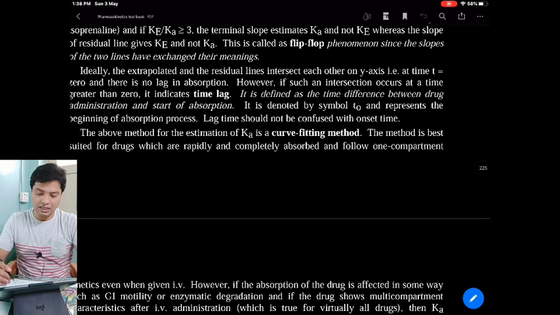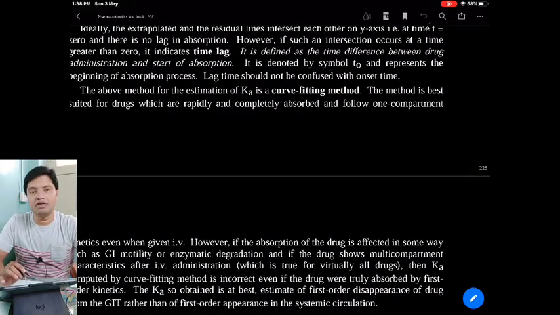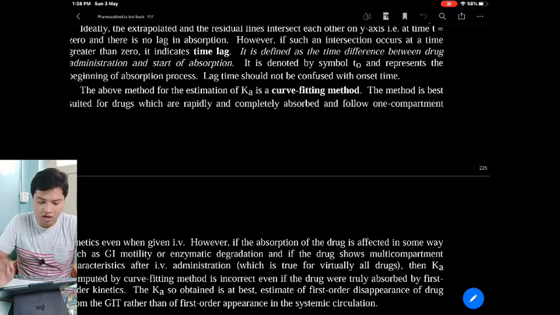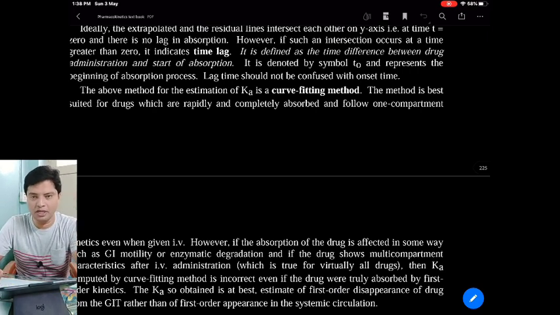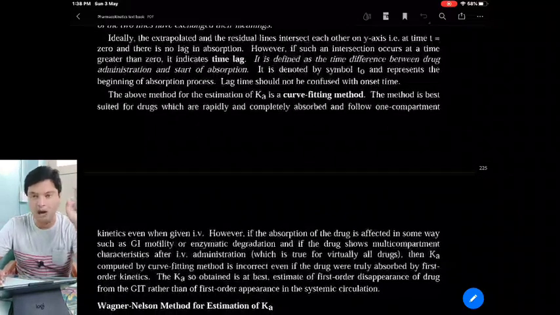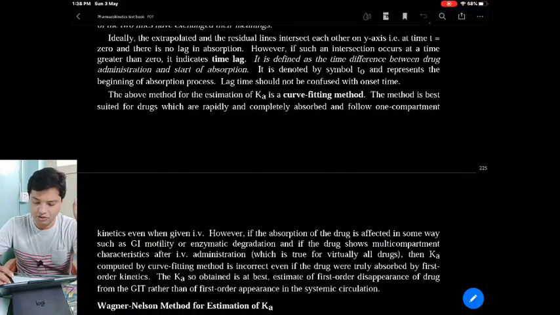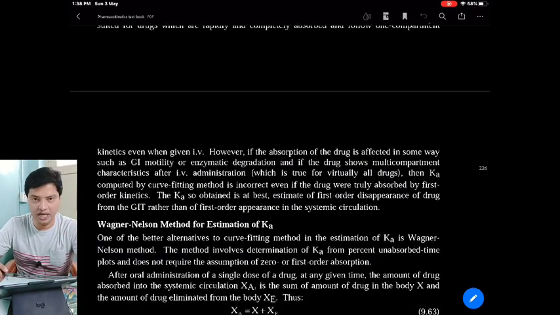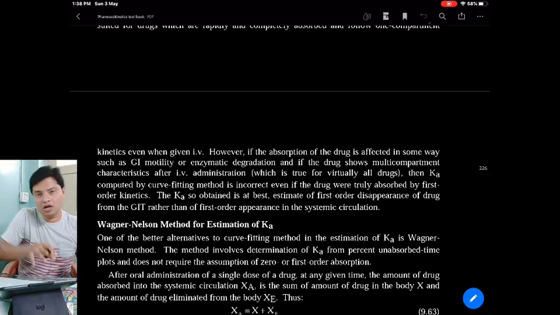So this method holds good for rapidly and completely absorbed drugs following a one compartment model. So this above residual method is good for drugs which are absorbing rapidly, absorbing completely, and following one compartment kinetics. Okay. However, if the drug absorption is affected by GI motility, or you can say enzymatic degradation, and if the drug shows multi-compartment behavior instead of one compartment,